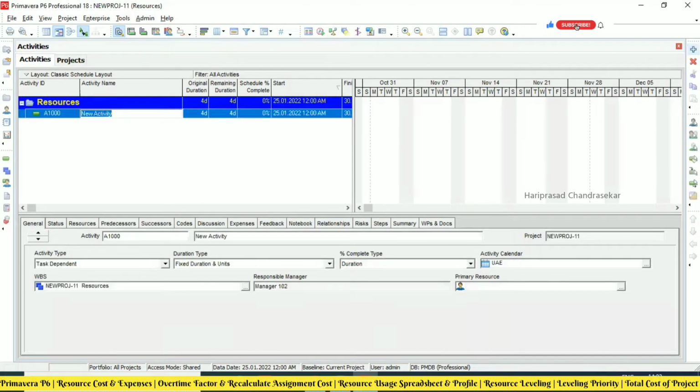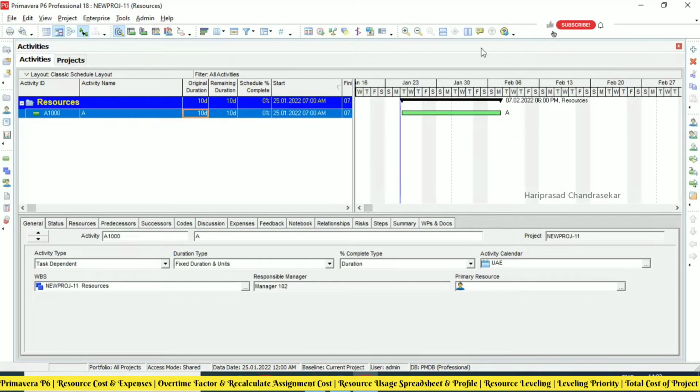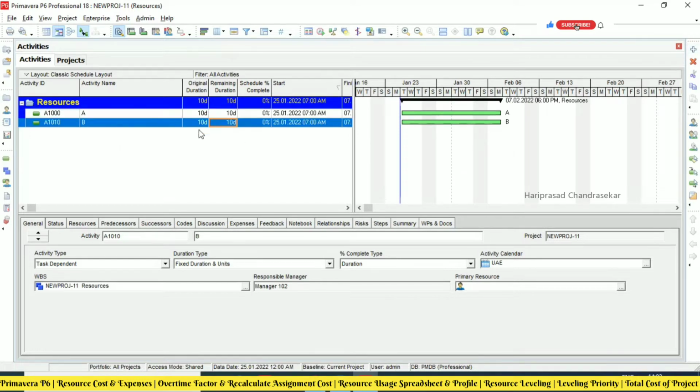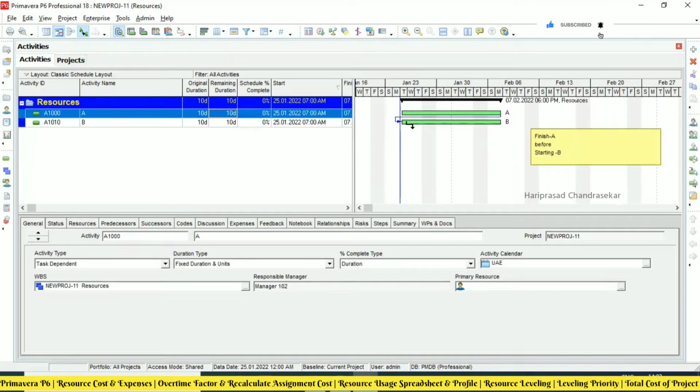I will try to create only one activity, activity A, with a duration of 10. I will take another activity also, link those two activities, and schedule it.